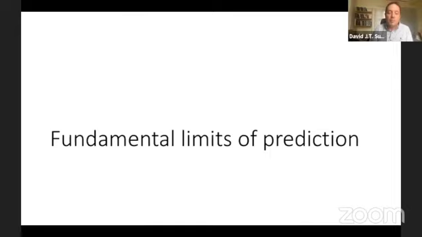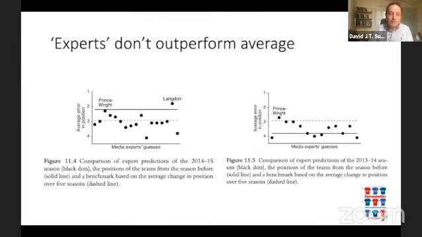So one model you can compare these experts and the models to, a simple model, is just to say, well, where you finished last year is where you will finish next year. So Liverpool will finish first in the Premier League, Manchester City will finish second, and so on down the table. And what I did is I compared the average position error for pundits who'd actually ranked teams, these are all the experts put along here, compared to the position the season before.